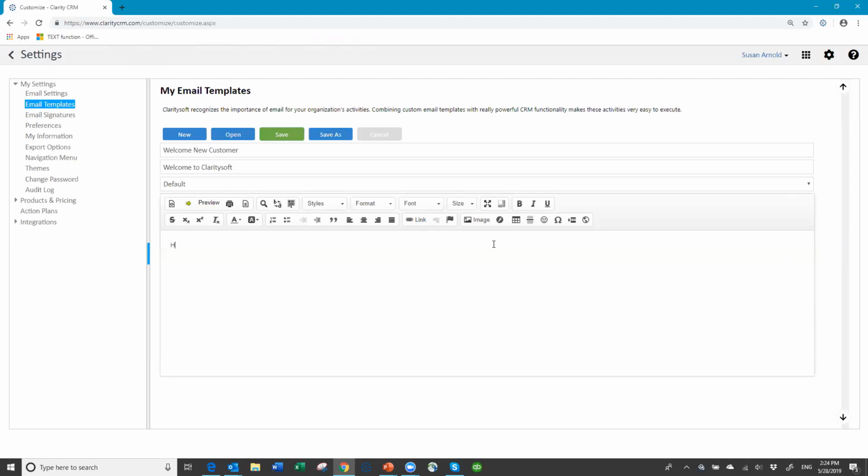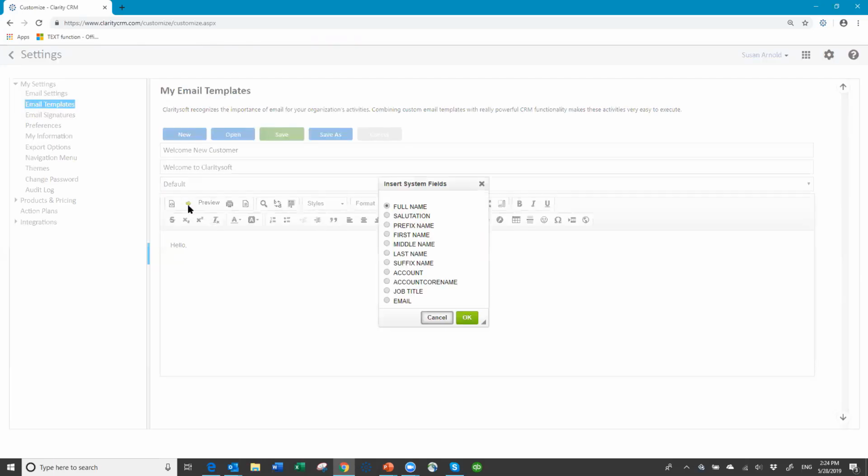So I could say, hello. And because this is a generic template, I want the email to personally address each person. I don't have to go in and change it every time. So we've given you the ability to insert a field. You click on this green arrow in the toolbar, and then you'll see the different fields of data that you can enter. So you can put in the person's first name,